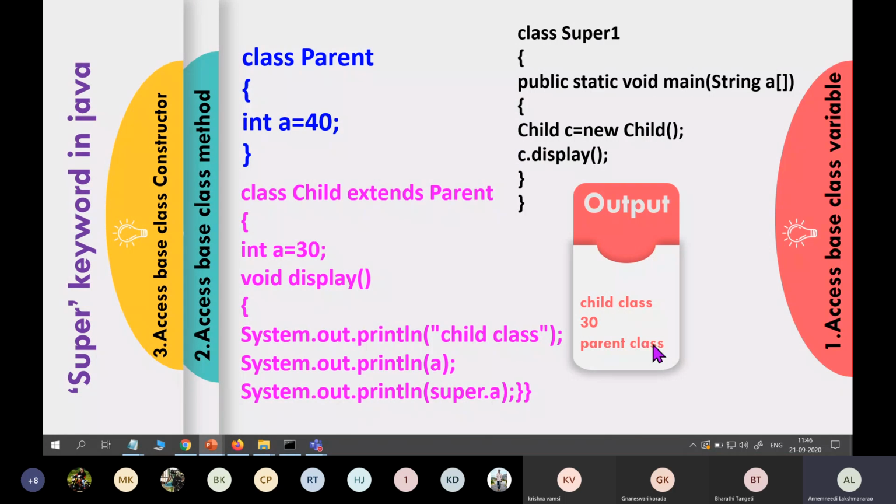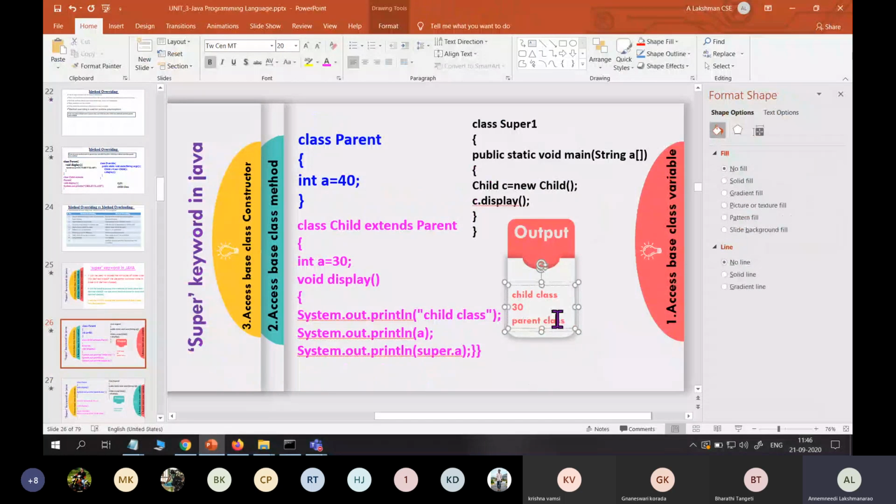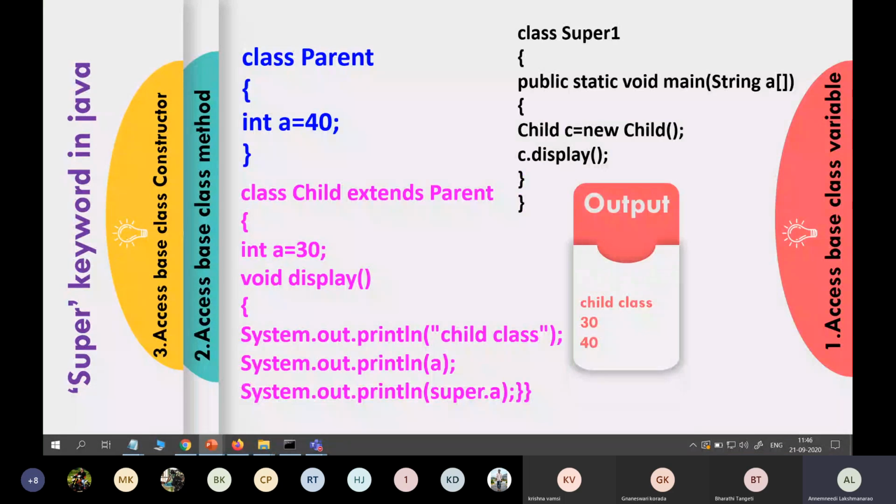And here, what is the output? It displays 40. Why? Super dot A means nothing but the parent A, which is 40. So the third line is 40.